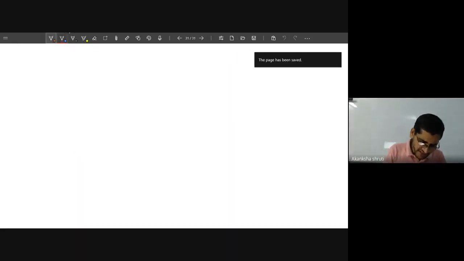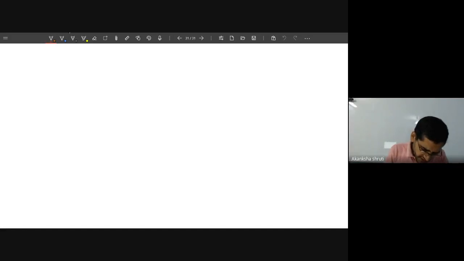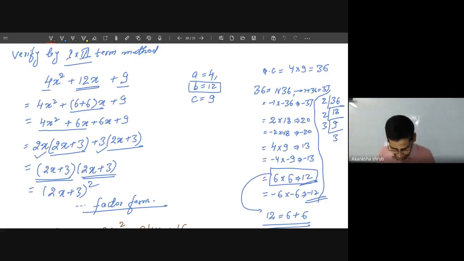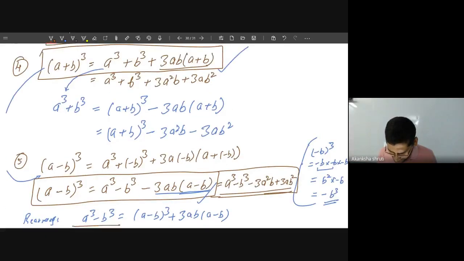The next one, the sixth one, is that like a square minus b square, we have a cube minus b cube, and we have a cube plus b cube also. So write a cube minus b cube, if it is like this one. A student, just previously, by rearranging, this a cube minus b cube can be obtained by rearranging the above identity. That is also good.